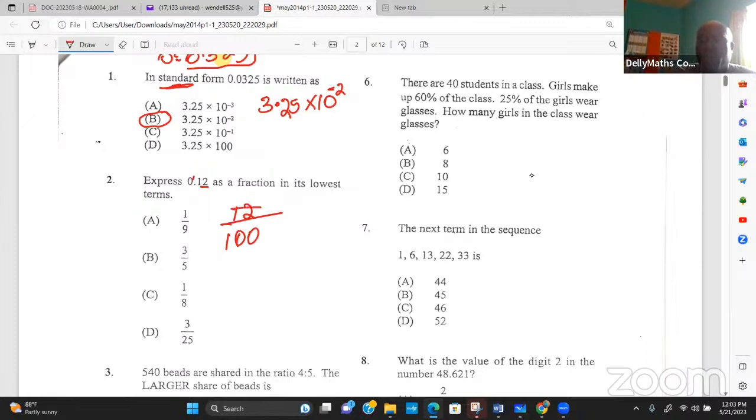Let's say we use 4. 4 into 12 gives us 3, and 4 into 100 is 25. So I'm looking for 3 over 25. Our answer is D. Right, so the answer is D there. All right, let's continue working. Number 3,